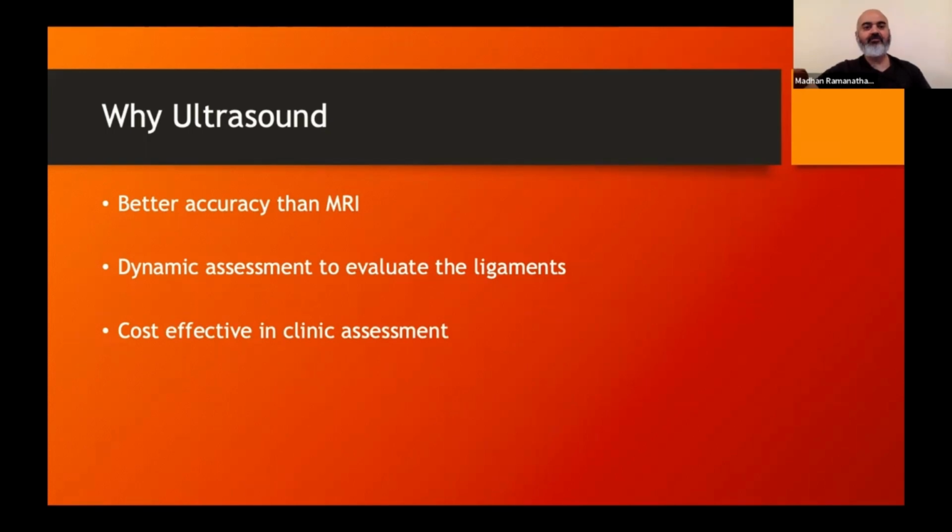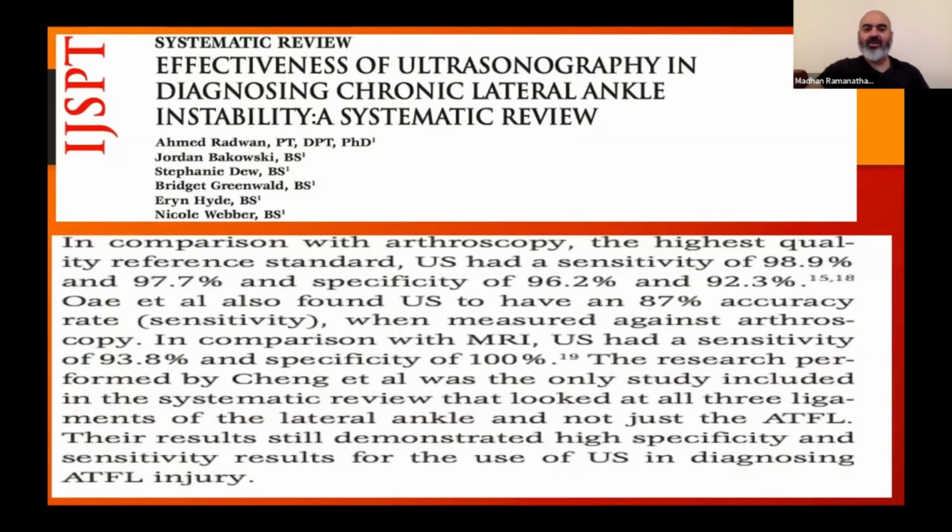So you could ask me, okay, you are talking about ultrasound. Not every clinic has an option of having an ultrasound scanner, but what is the evidence if I want to invest in one and then start upskilling and training myself in using it as a point of care tool? There is a systematic review done in the International Journal of Sports Physical Therapy that evaluates the effectiveness of ultrasonography in diagnosing, especially, chronic ankle instability. And it says that in comparison with arthroscopy, the ultrasound has a sensitivity of 98.9% and